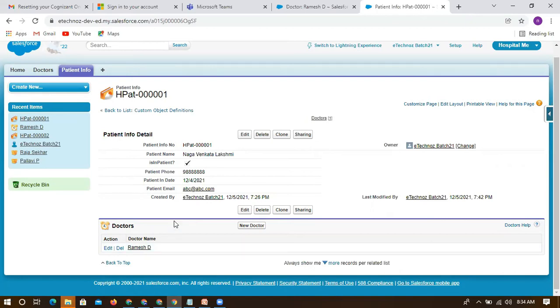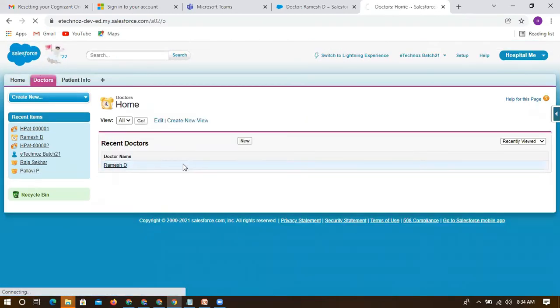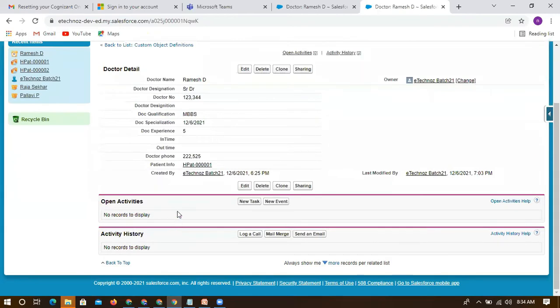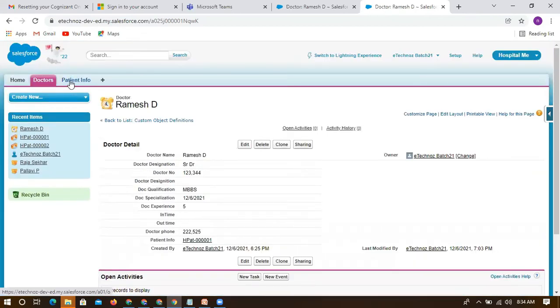But usually what should happen? If you go to doctor, they want to track how many patients this doctor handled. That is how they want to track. But now what have we done? We have done it in a reverse manner, right? So it will not throw any error. It will just relate these two objects. The system will not understand to which you want to give the relationship. If you create any relationship on that object, it will consider that as a child.